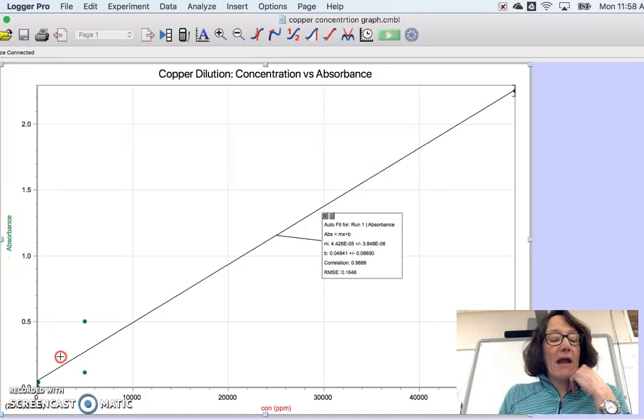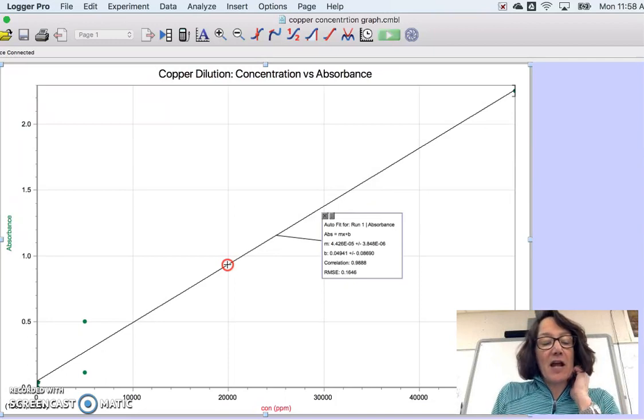So if I do analyze, interpolate, that's what these values are showing me down here, I can go at any point along this line. So let's say, for example, that I have an absorbance reading of approximately 0.933. It's telling me that my solution concentration is 19,900 parts per million. So that's how I'm going to get my unknown concentration originally,